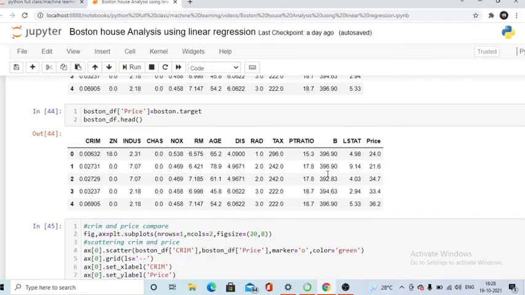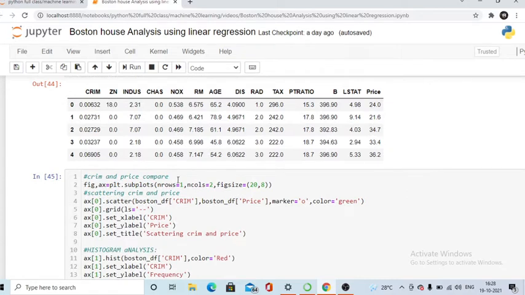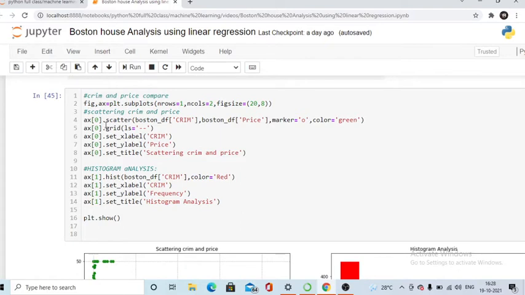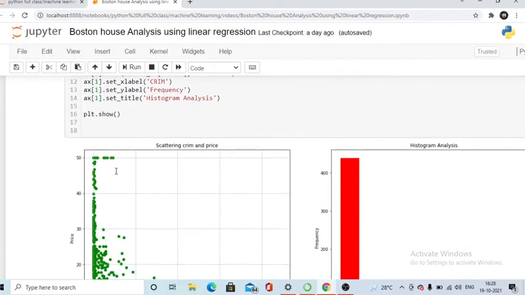Suppose you are doing analysis of any data, right? First of all you have to understand each of your features. If you do not understand what a particular feature is doing in your dataset, you will not understand which model to apply. So here I am going to compare all these features with respect to the price. Simply I am doing CRIM and price, and I wrote this line of code. By writing this line of code I am getting this result.